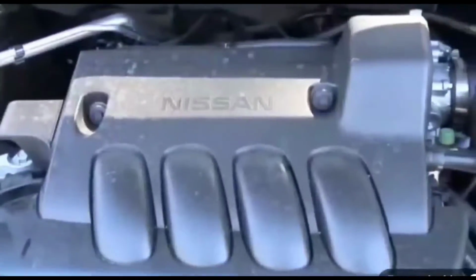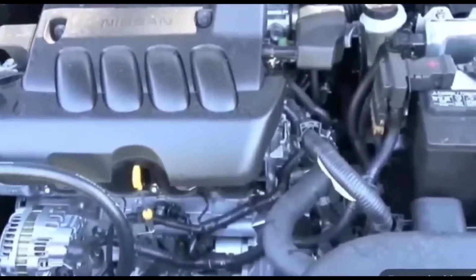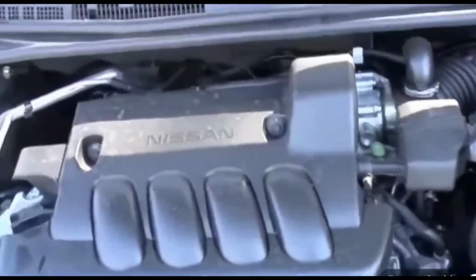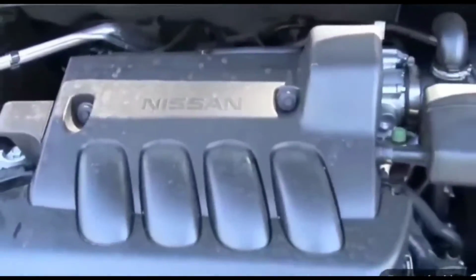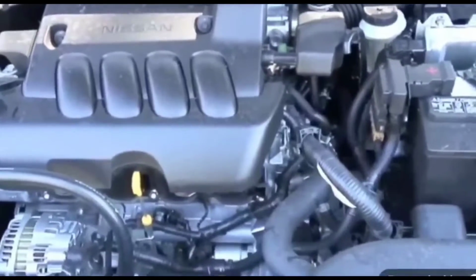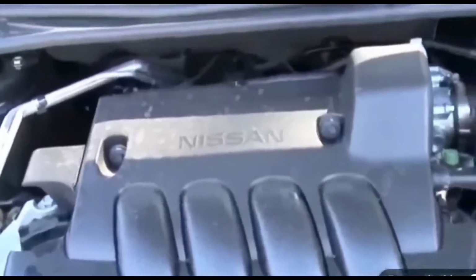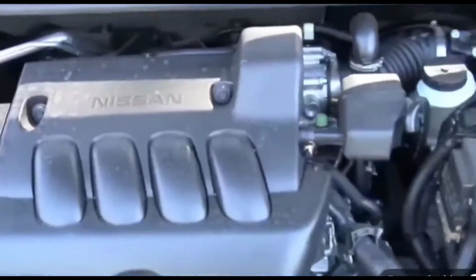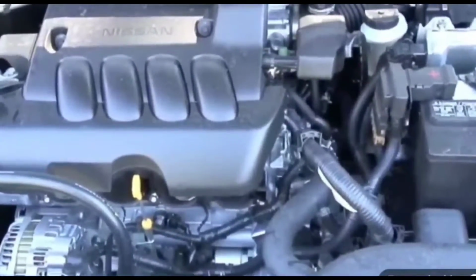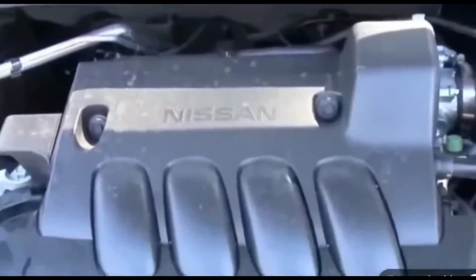Alright, so I want to give you guys a quick fix if you guys are stuck in this situation. I had this situation a couple of days ago. It was working fine the whole entire day, and I went to Walmart, parked my car there, went to get some stuff, came back and had this situation where I tried to turn on the car, and I would hear some rapid flickering sounds, and also the lights on my dash would just go